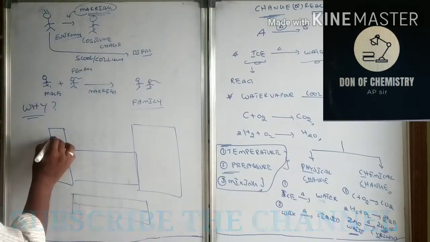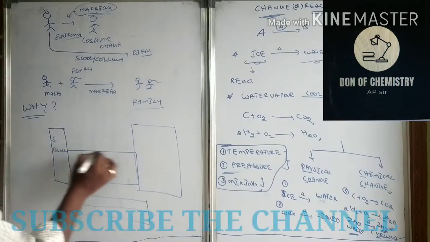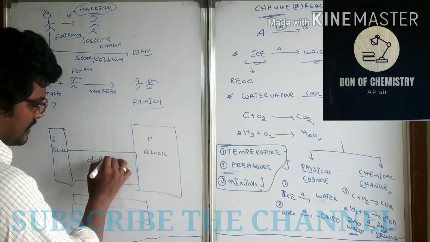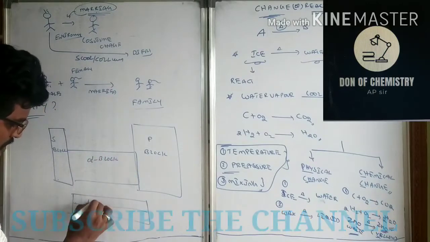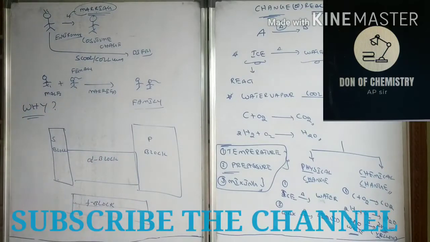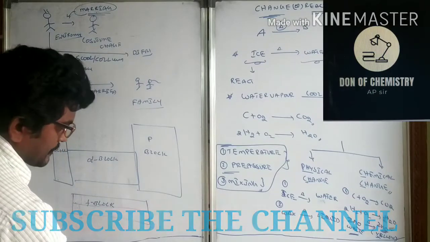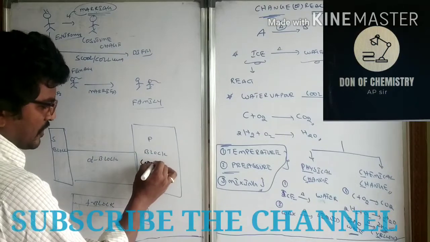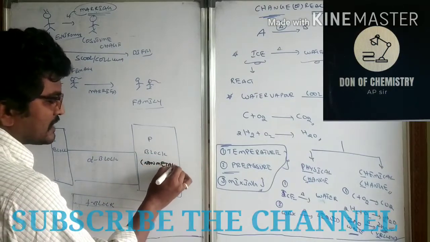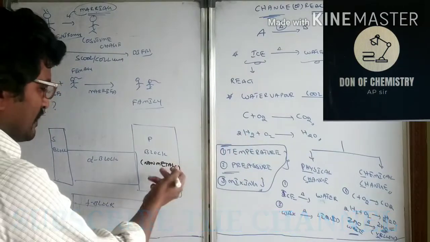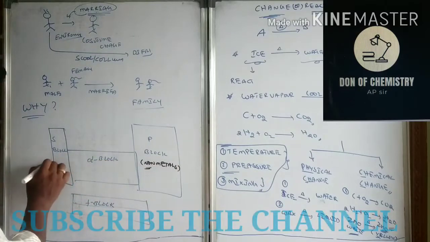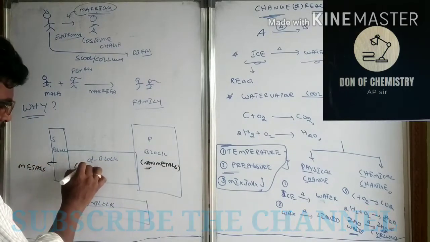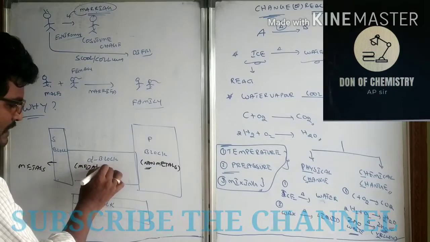This is the periodic table. This is S block, this is P block, and this is D block, and this is F block. In these, the P block elements are considered as non-metals, not completely. Majorly P block will consist of non-metals, S block will consist of metals, and D block consists of metals